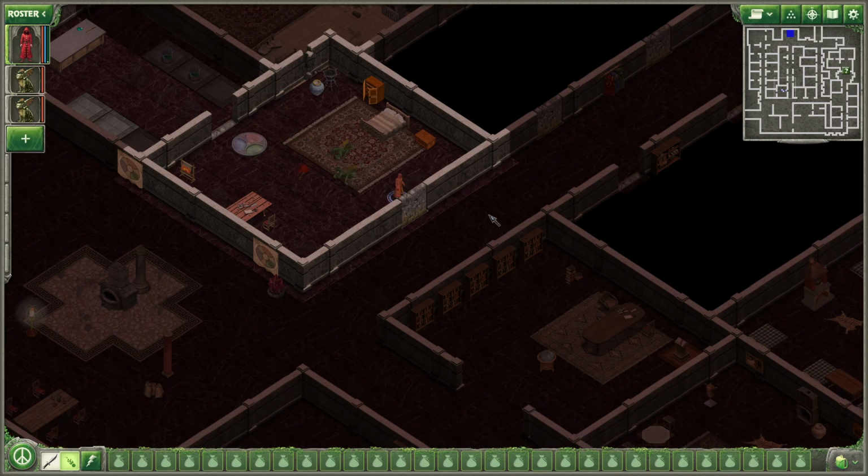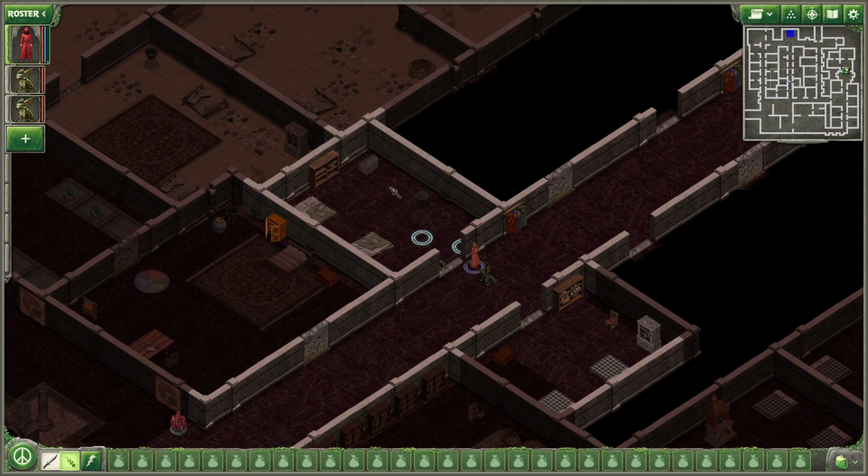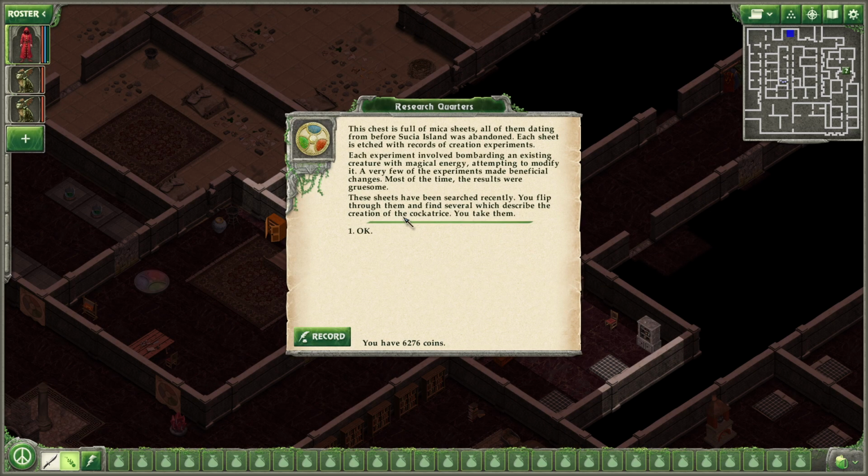Honestly, I think I'm pretty much done with looting, because I think we're going to have too much money to actually...